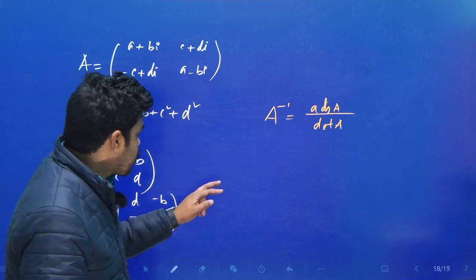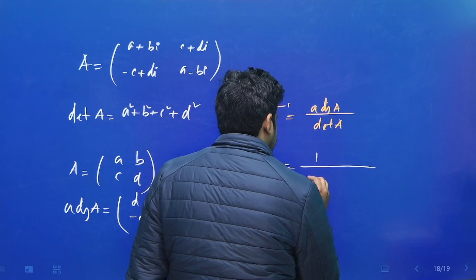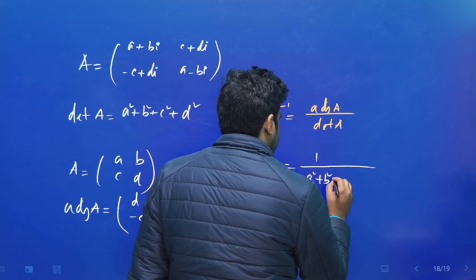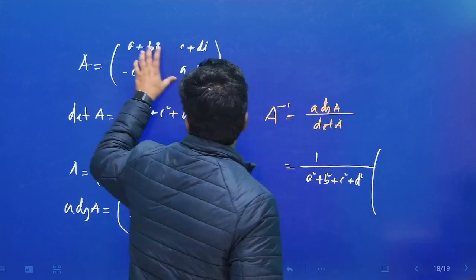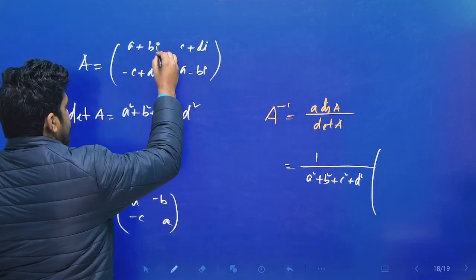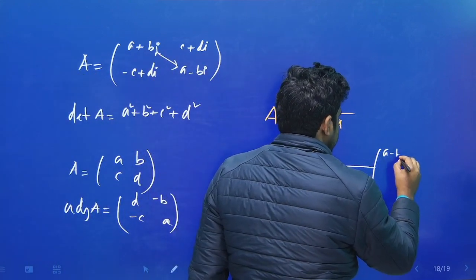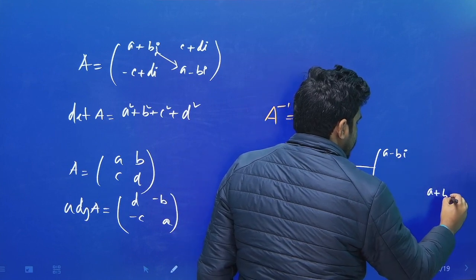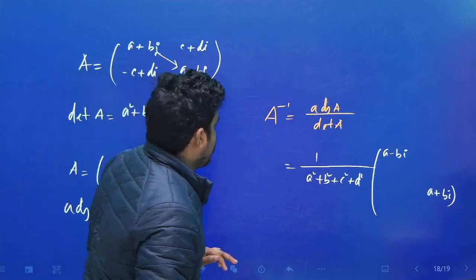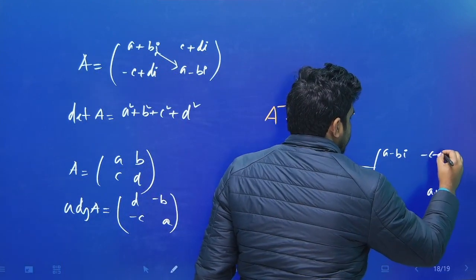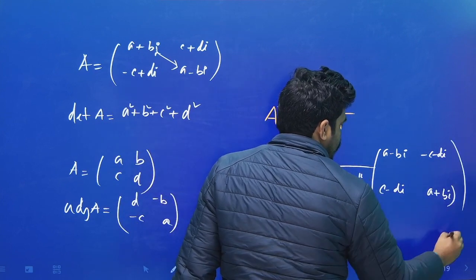তাহলে দেখো এখানে আমার যে প্রবলেমটা দেওয়া আছে, আমি ডিটারমিনেন্ট A কি পেয়েছি, ডিটারমিনেন্ট A পেয়েছি A স্কয়ার প্লাস B স্কয়ার প্লাস C স্কয়ার প্লাস D স্কয়ার, সো 1 বাই ডিটারমিনেন্ট A। অ্যাডজয়েন্ট A, তাহলে এই ম্যাট্রিক্সটা অ্যাডজয়েন্ট কি হবে, এই দুটোর মধ্যে ইন্টারচেঞ্জ, দ্যাট মিন্স A মাইনাস BI, এখানে চলে আসবে A প্লাস BI, এটা যেমন আছে ফিক্স থাকবে, শুধু মাইনাস সাইন দিয়ে মাল্টিপ্লিকেশন, সো মাইনাস সাইন দিয়ে যদি মাল্টিপ্লিকেশন করো তাহলে কি মাইনাস C মাইনাস DI, এটাকে মাইনাস সাইন দিয়ে মাল্টিপ্লাই করো C মাইনাস DI, ওকে।